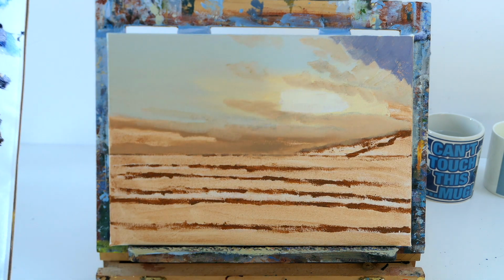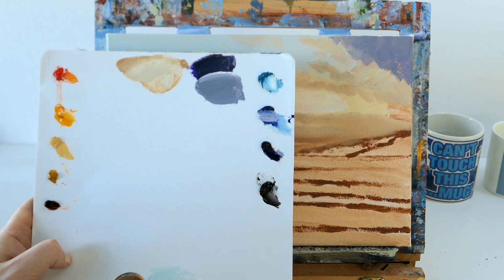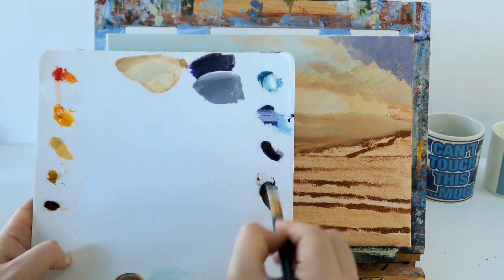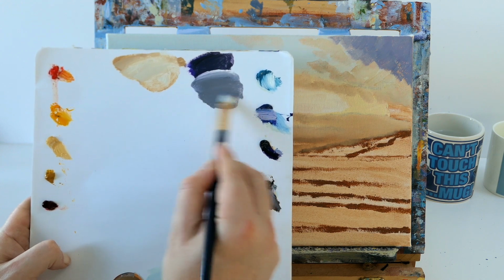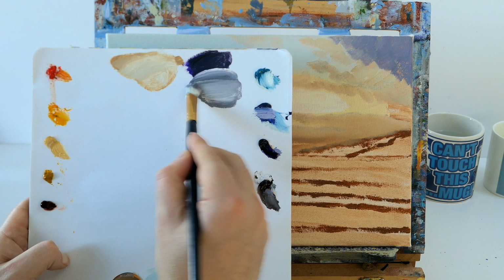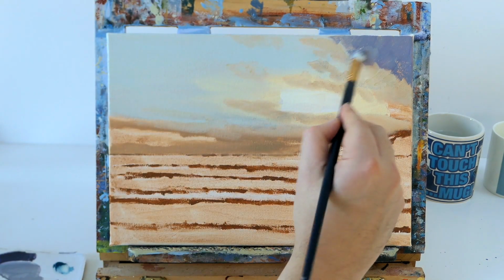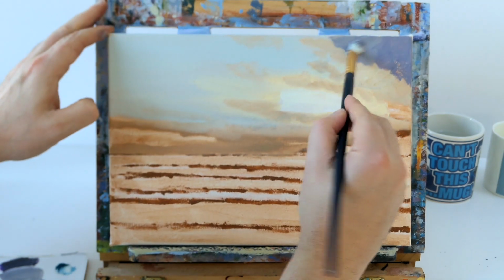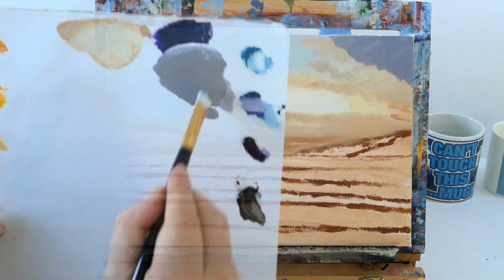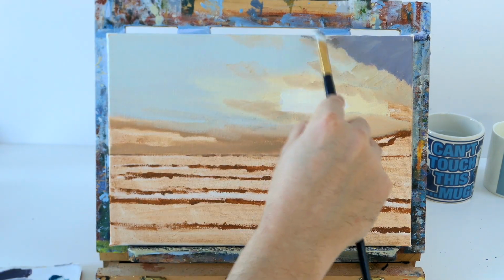So I'm just going to add a tiny bit more brown, a dot of black, a tiny bit more brown, and a tiny bit of white. There we go, just to make it a little bit lighter and a little bit grayer. And I'm just going to come down and just blend that into the mix. So there we go. So just like we did with the previous colour, we're just going to blend it into this light brown, and